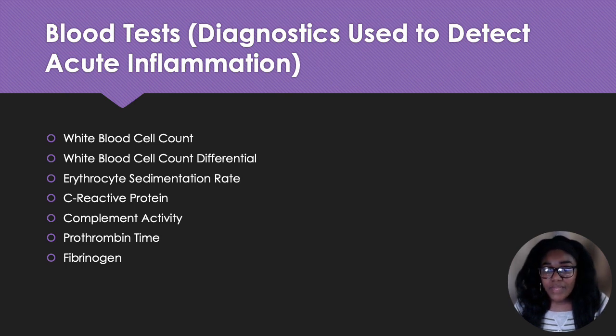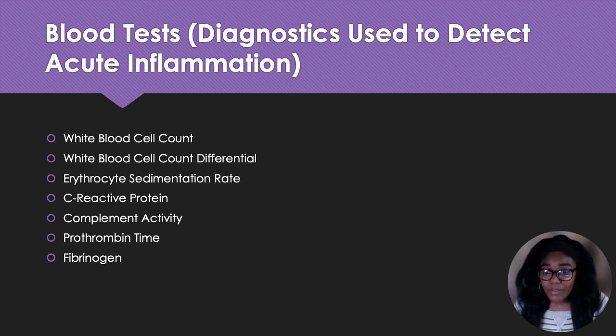We have the ESR, or the erythrocyte sedimentation rate, and this is the rate at which red blood cells settle to the bottom of a test tube. Normally an increase in the rate means that there's more red blood cells circulating. There's more blood flow to the sites of injury or inflammation to help with healing. We have C-reactive protein, and this is something that's produced by the liver. And when the liver produces more CRP, that means that there's an infectious process going on, or some